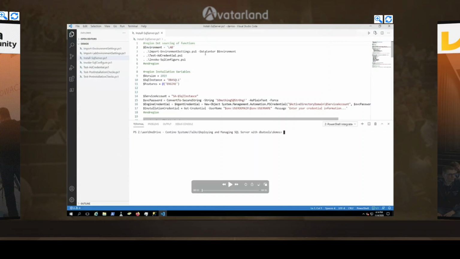Then we have the installation variables, the things that I'm going to change per instance. And then we have the code that I actually execute. Now, the first part of this code allows me to use this code in multiple environments. So here we see environment equals lab. And that environment variable is then used to call a function called Import-EnvironmentSettings -DataCenter